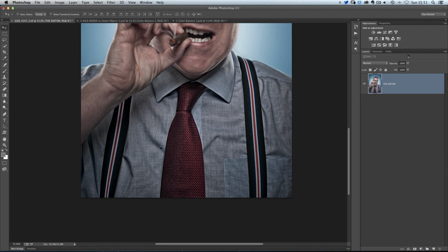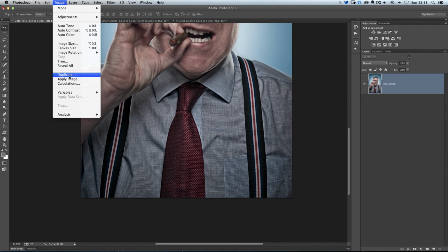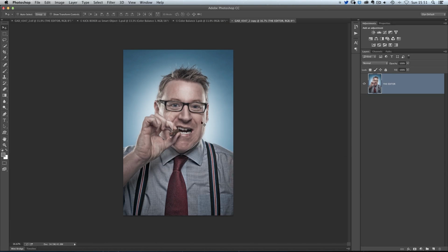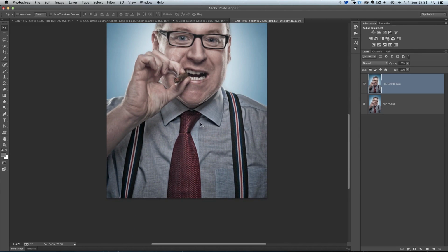So let's just see if I can move that across there. Let's create a duplicate of this picture here, and I'll create a copy. And all I'll do is get my lasso tool and make a very, very rough selection